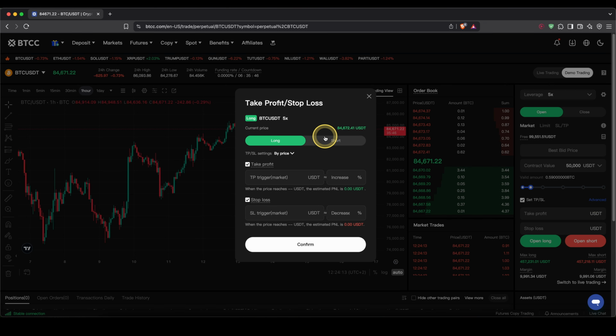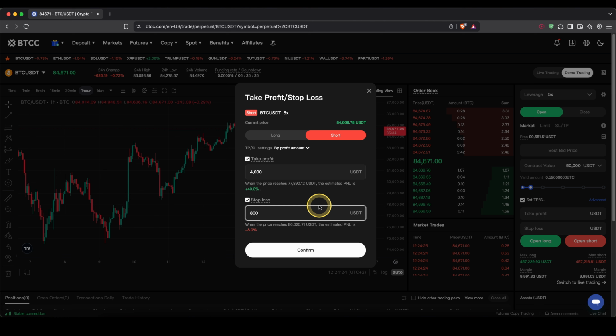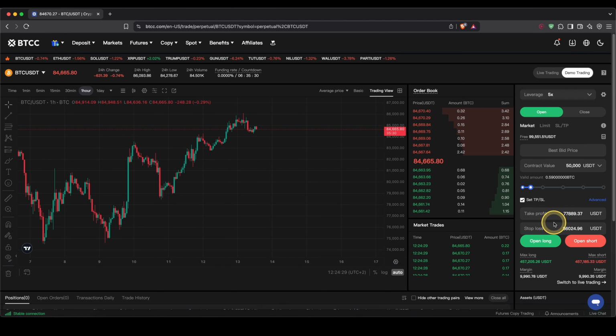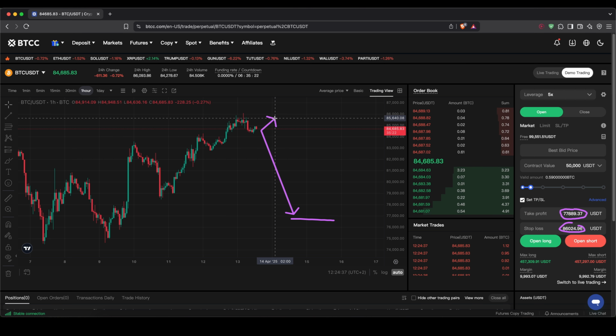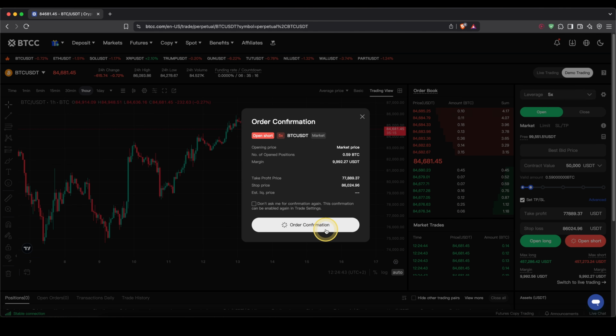Let's say again, we want to set it by a profit amount. And I want to say, let's say $4,000 of profit and a maximum of $800 of a loss. And you will see the prices are now calculated. And if I click on confirm, I have that set up in here. Note that now the take profit price, of course, is below the current price because we're making a profit if the price goes down here. And the stop loss price is above because we're making a loss if the price goes up to here, as you can see. So now we can simply go here, click on open short, confirm that,